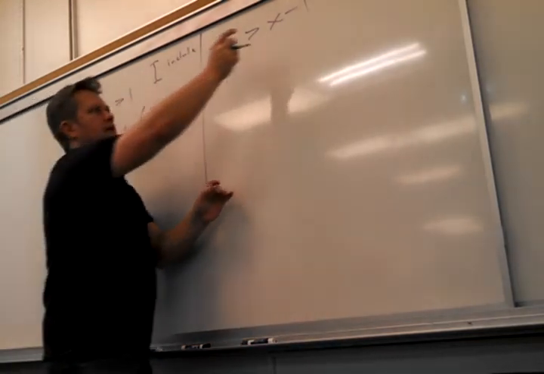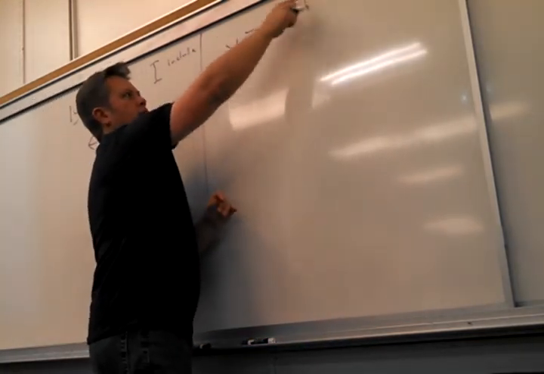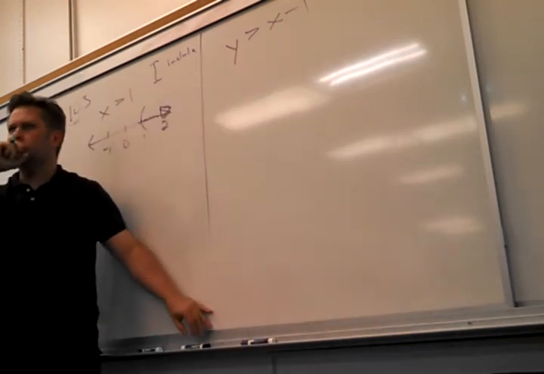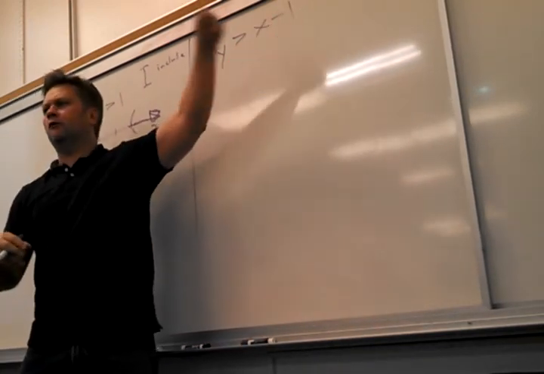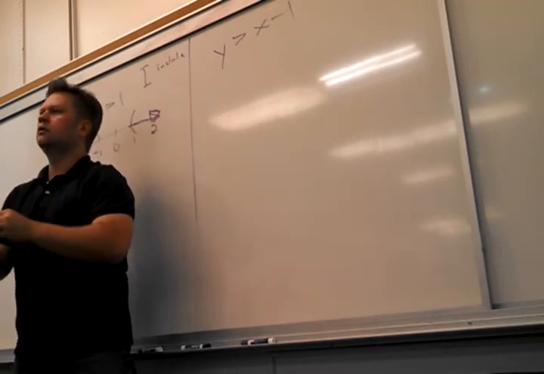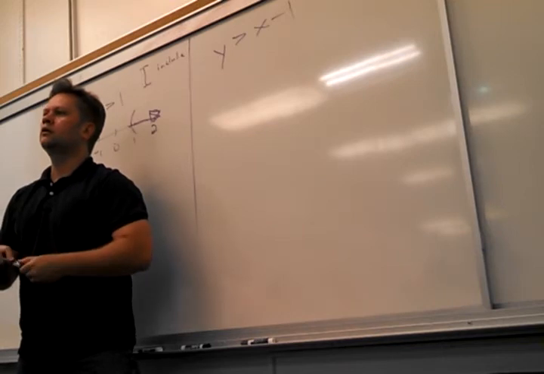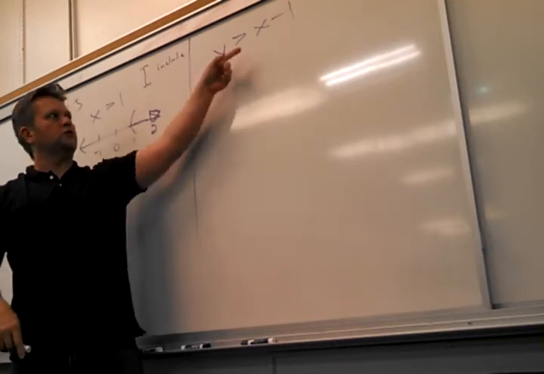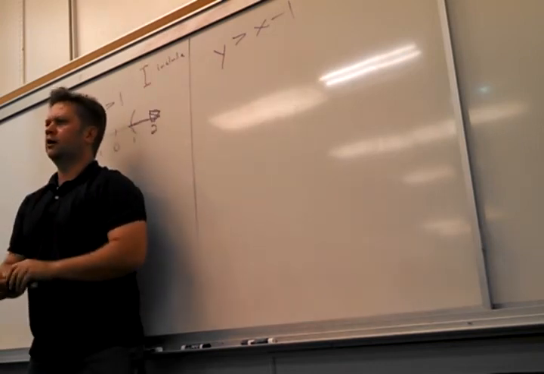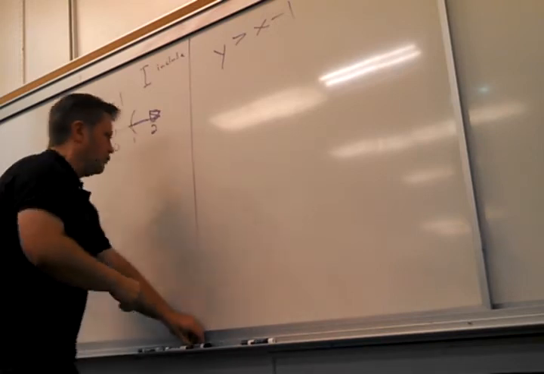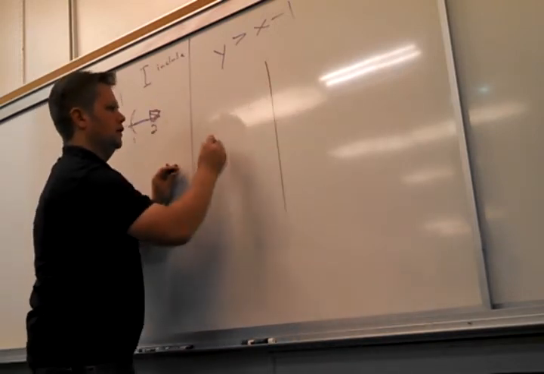So if I plot this line, why do I know what I need to know for this line? Because it's already solved in mx plus b form, so I know the slope and I know the y-intercept. If it was x minus 1 equals y, or less than y, or if it was y plus 1 greater than x, you solve for y, because then you can see your slope and your y-intercept. I love it. So if I were going to graph just the line,